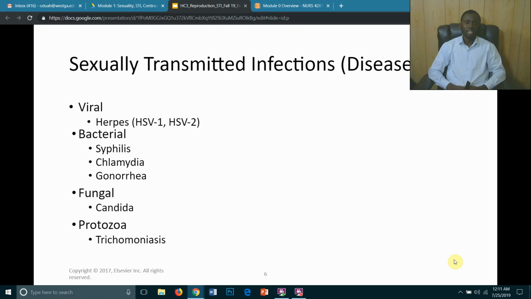STIs are placed in categories based on the organism that is the causative agent, or whichever organism is causing them. So STIs are classified under bacterial, viral, fungal, and protozoa infections. Treatment of each of these STIs is dependent on the particular organism which is causing it. While some STIs can be successfully cured, others are chronic, needing symptomatic treatment to prevent worsening symptoms. So let us discuss some examples of sexually transmitted disease chosen for the purpose of this course.